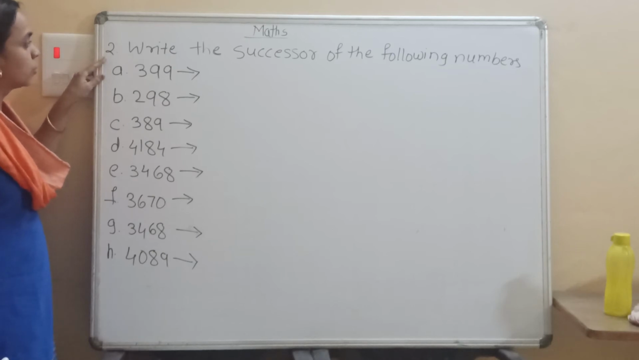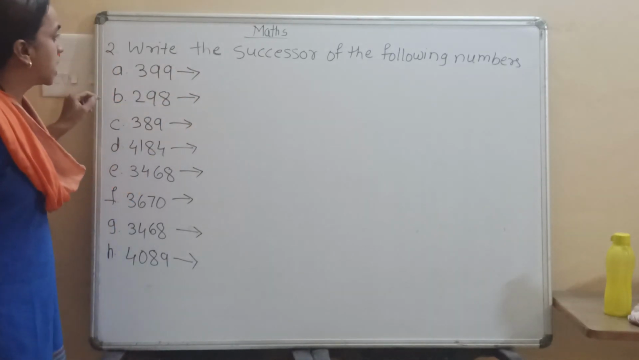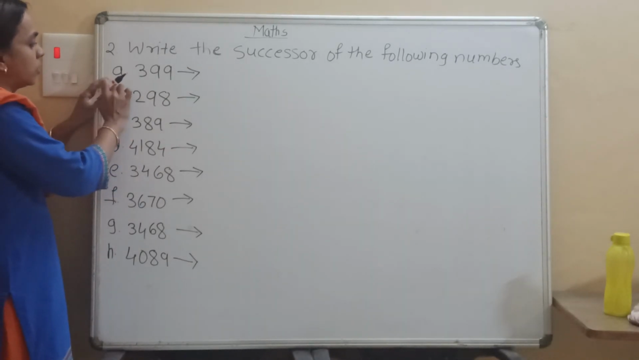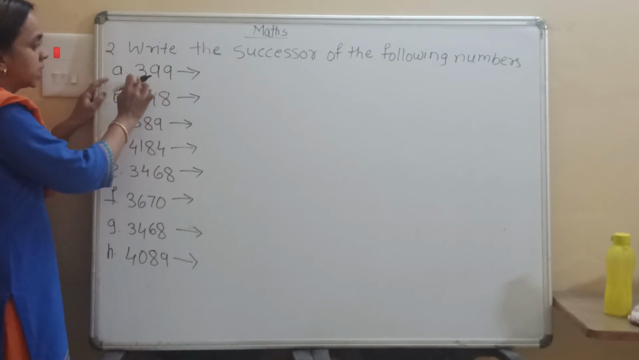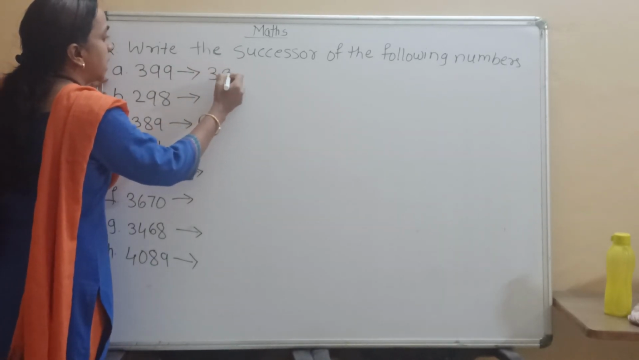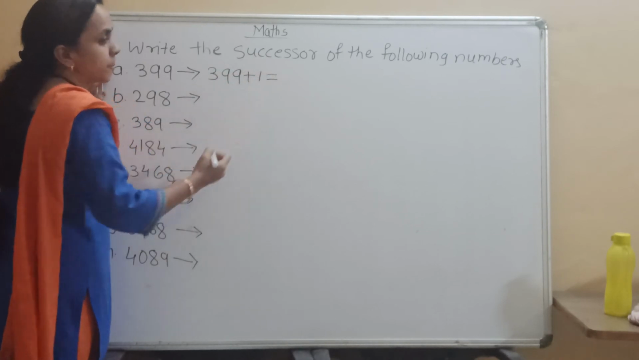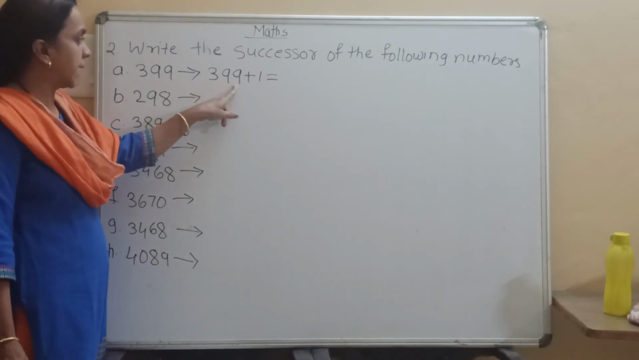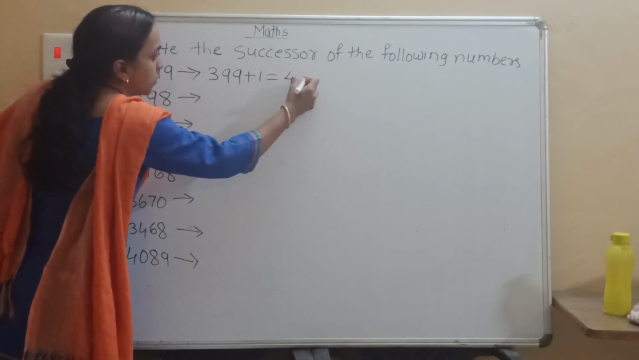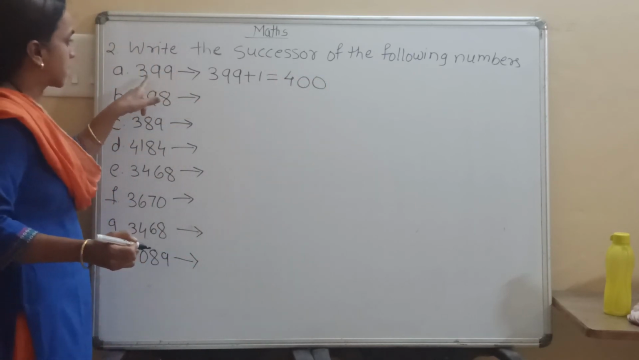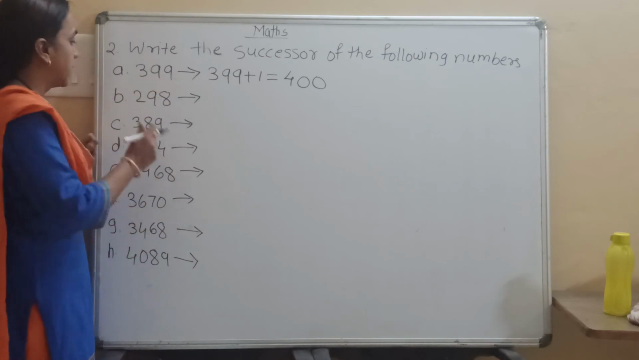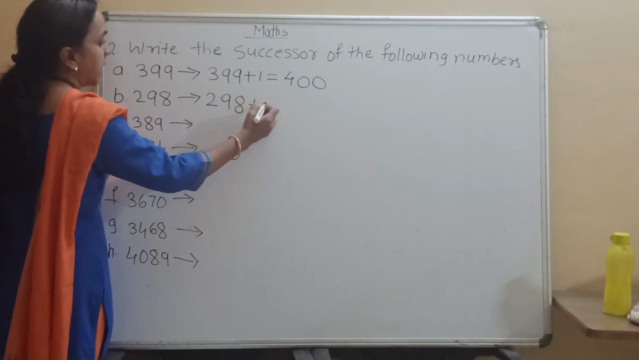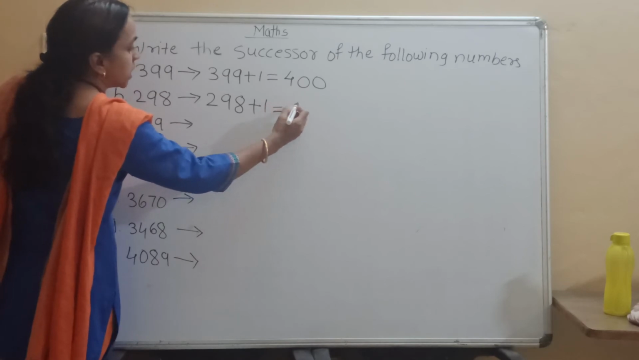Then see question number 2. Write the successor of the following numbers. So first, successor means what? Plus 1. So we have to just add 1 to the given number. Then we will get the successor of that number. 399 plus 1 equal to how much? 400. 400 is the successor of 399. Second example, 298. The successor of 298 is 298 plus 1 equal to